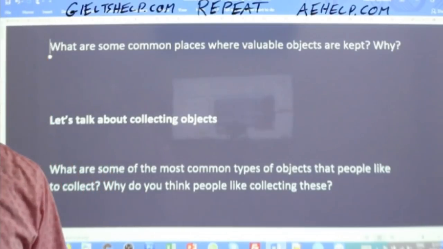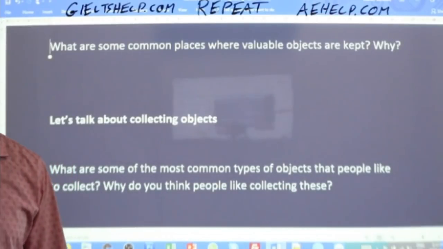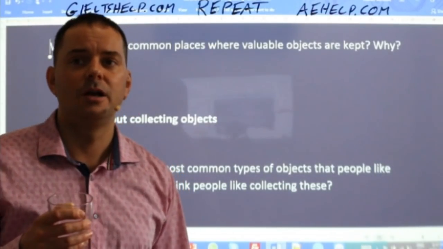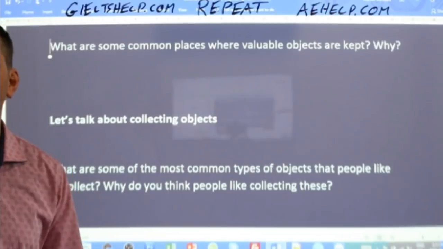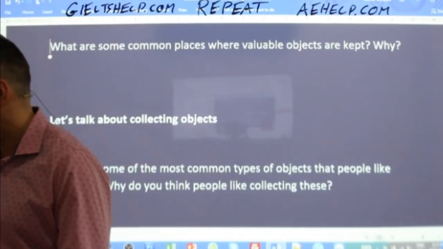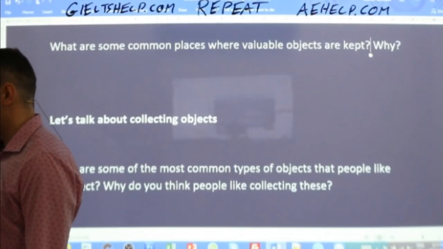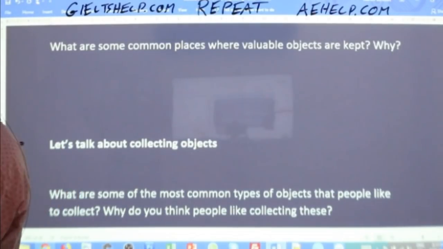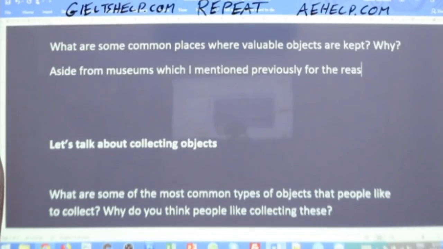If they're books, Afsana, it could be a library, potentially. But again, make the connection with the previous question. Give me a full sentence answer, of course, right? I'm surprised that nobody's thought of another place aside from museums. So aside from museums, which I mentioned previously for the reasons I gave,